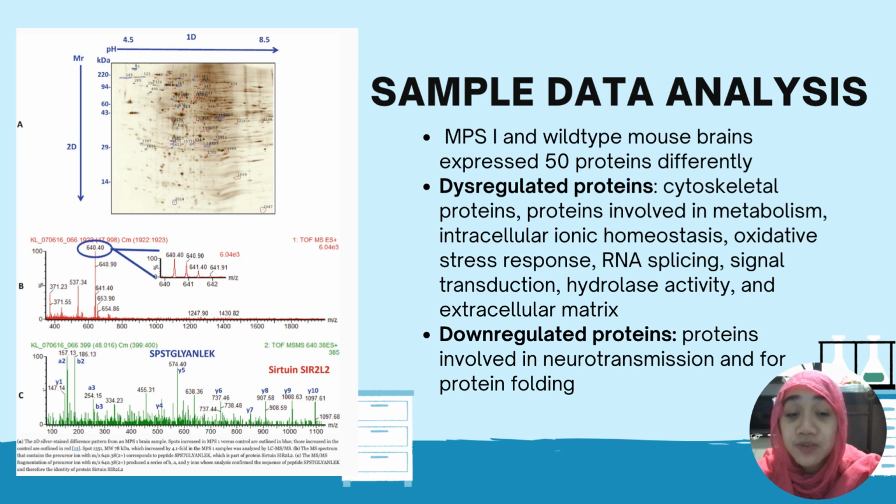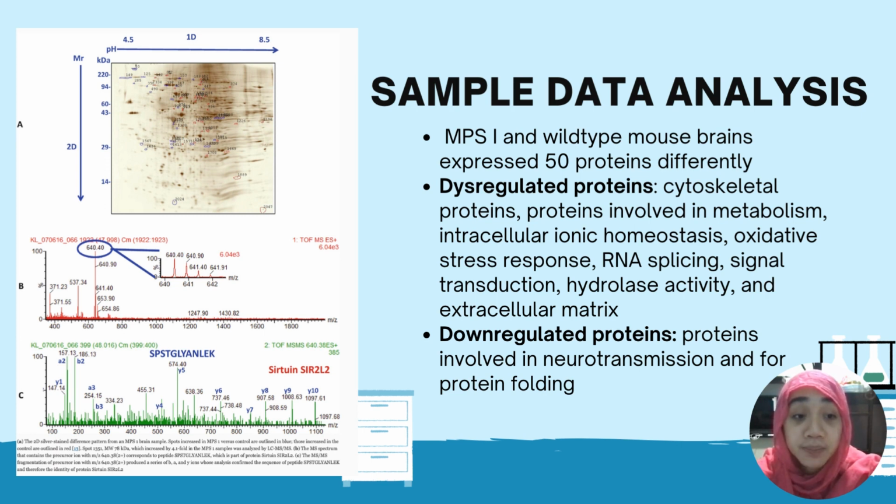Discussing the results, it was found that the MPS1 and wild-type mouse brains expressed 50 proteins differently. These proteins participate in a variety of biological activities. Firstly, cytoskeletal proteins like actin, dynamin, actinin, tubulin, and dynein make up a significant subset of dysregulated proteins in the MPS1 mouse brain. The proteins that are involved in metabolism, like GLS, are another class of dysregulated proteins in the MPS1 mouse brain. Additionally, the expression of numerous proteins involved in neurotransmission, like DPYSL2, and for protein folding, like HSPA2,